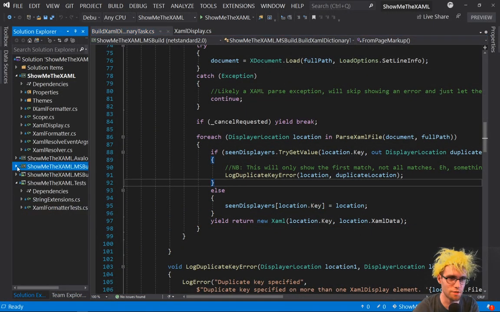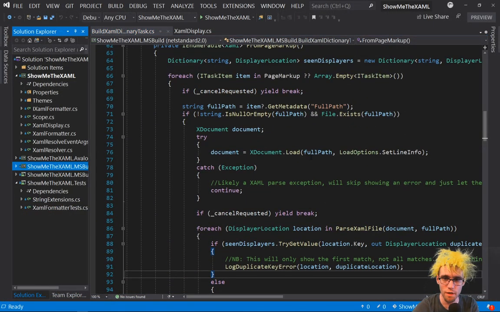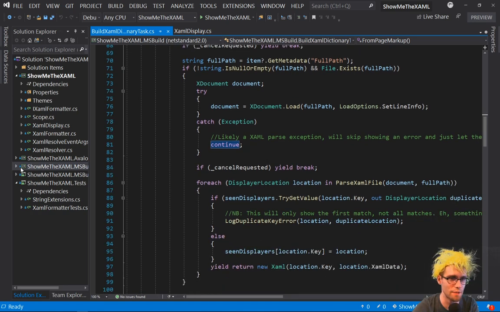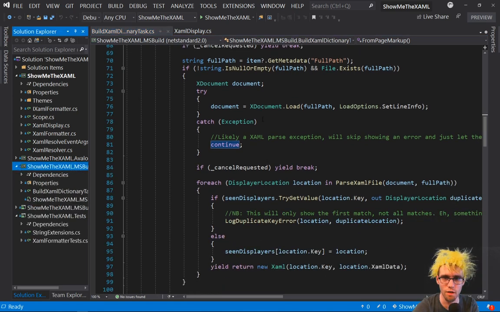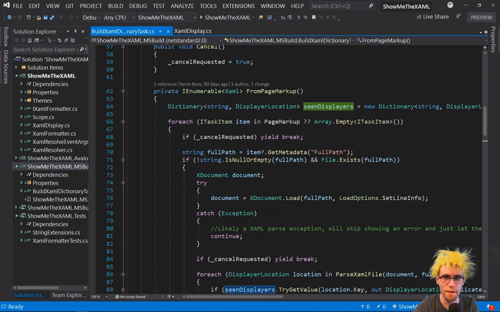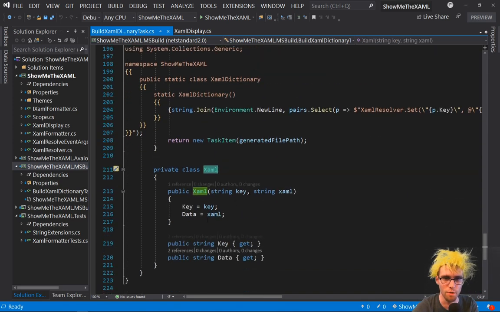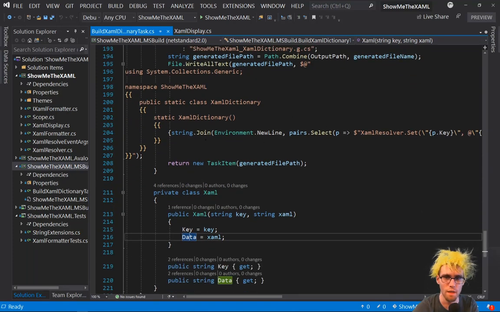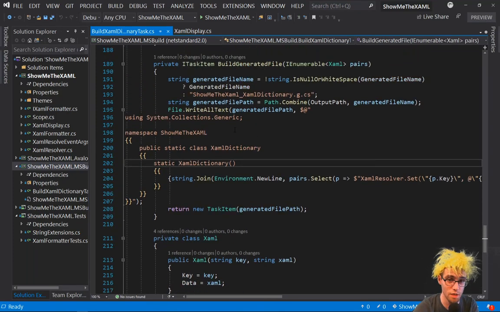This is ultimately a test to just see if they can work. So my goal here is, rather than taking in and generating an MS Build task and having to generate these files, because ultimately what happens is it processes all of these XAML files, right, and builds up this whole dictionary, and then it ends up returning back this XAML object, right? This has nothing to do with actual XAML, right? And this guy is just a small POCO key data, right? So it's just the key of what this is going to be. And then it builds up, with string concatenation, mind you, this file called ShowMeTheXAMLDictionary.g.cs,